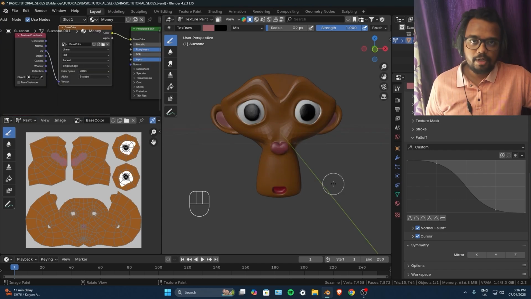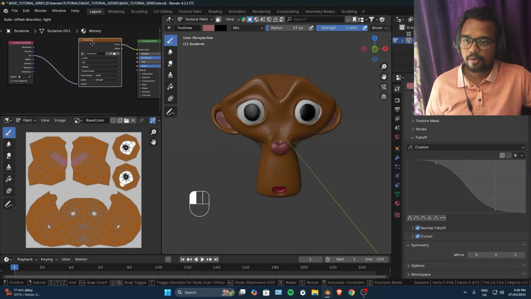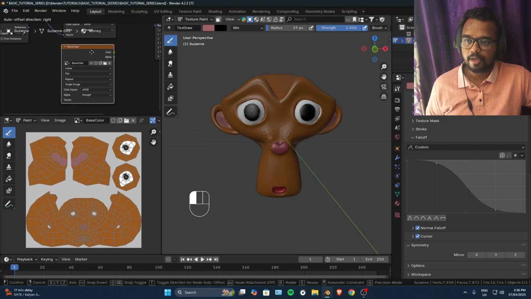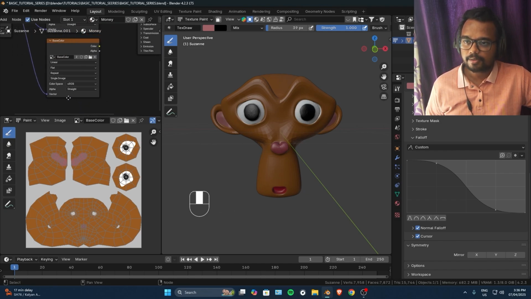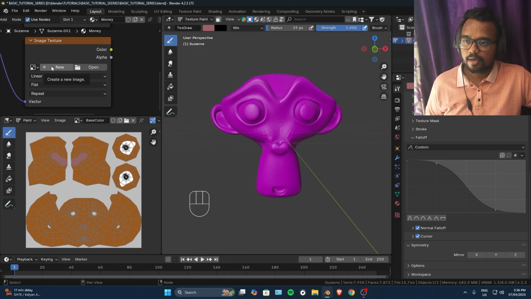Now you're not only limited to painting the color information, but you can also paint the roughness value and metallic value if you want. So what I'm going to do over here is just create a new image texture. So I'm just going to duplicate the top one. Let's plug the UV coordinate inside the vector socket just to be sure that it is using the same UV map. I'm going to click on this X button to remove that texture, and now we are going to create